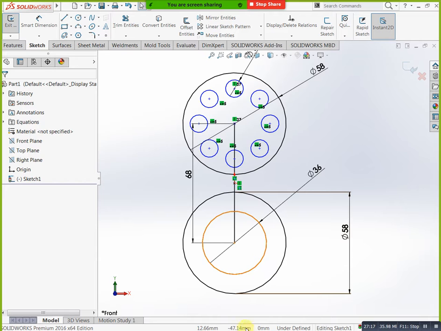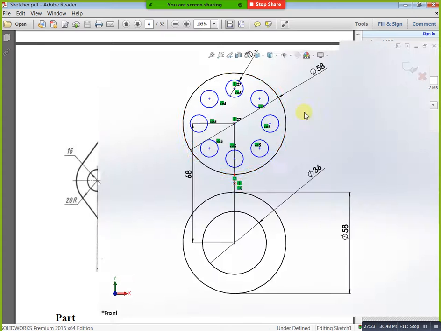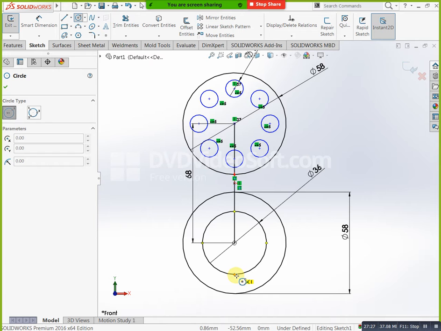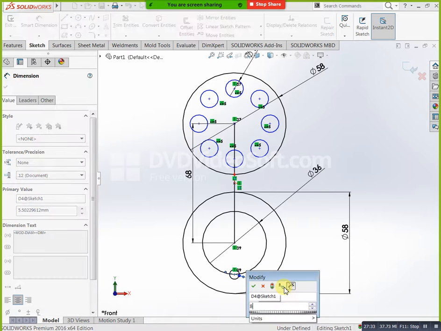See, now we completed this one, this one. Next you can go for the left side and right side items. This portion we need to create, and this portion we need to create. Just see in this portion, here to here we have one line. Okay, 40. Okay, this is 22 diameter and 20 radius.